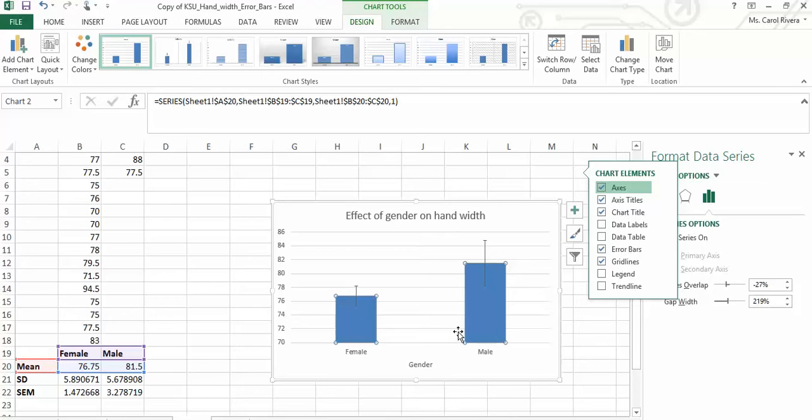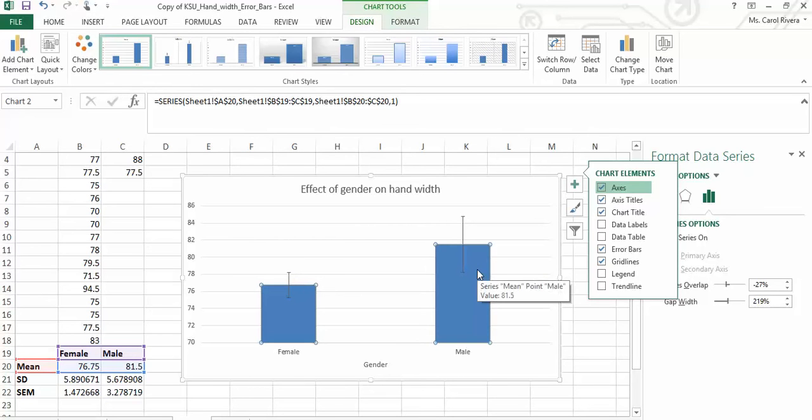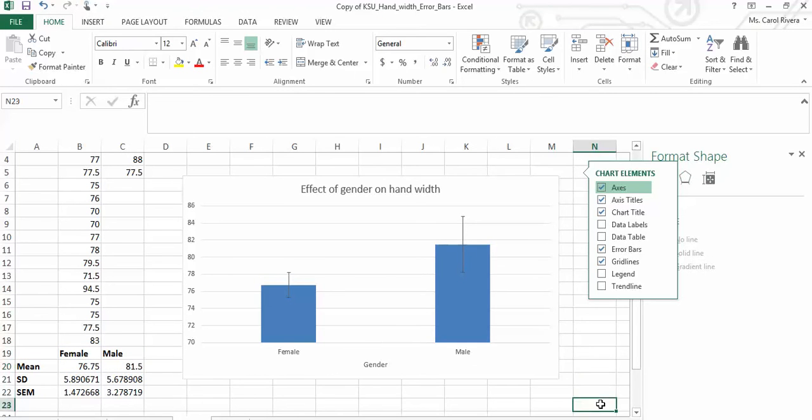Now your data may be different in class. If you look, let's make the graph a little bigger so you can see. This one's a little above 78, isn't it? And so is this one. So it's really hard to tell whether or not they overlap. And I'm going to go on the safe side and say that they could overlap. And so therefore we did not support our hypothesis. Okay? And I'm going to go ahead and stop this video here. And hopefully this